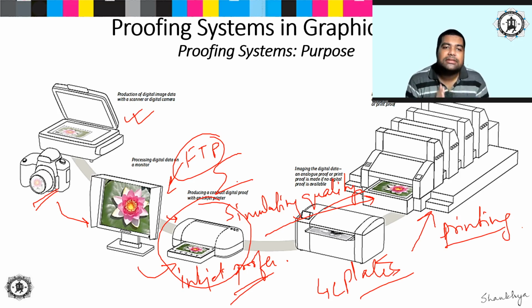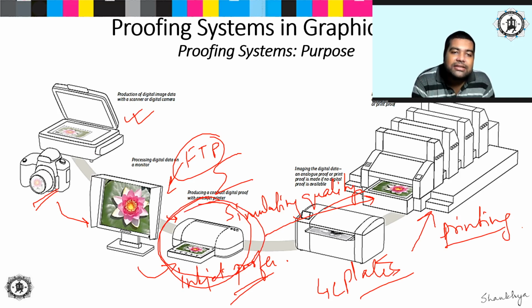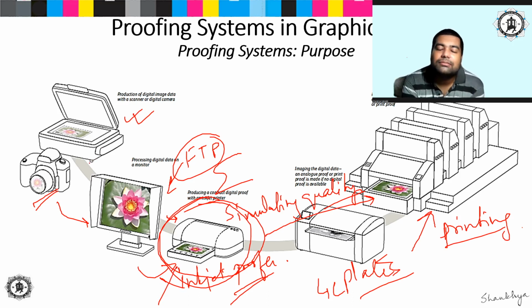What you need to understand is the purpose of the proof. Otherwise, this is very important. Let us say this part was missing. You just received your file via web, or you have scanned from the original, or you have photographed it, whatever, and you did your editing, separated the channels, and did the necessary rectifications. You got your ripping done, and you got the 4 plates, the 4 CTP plates that you are having.